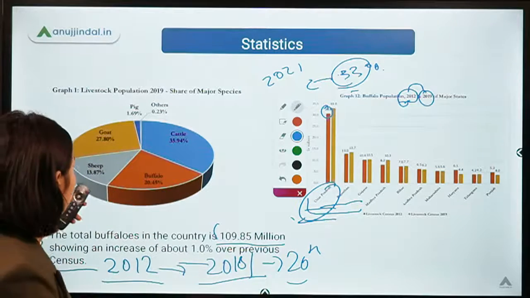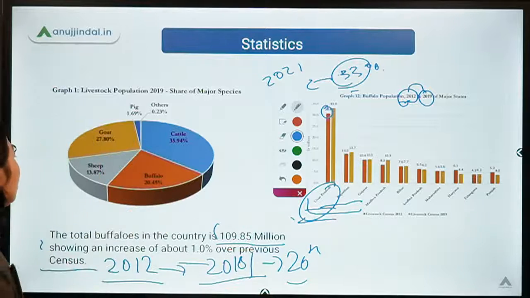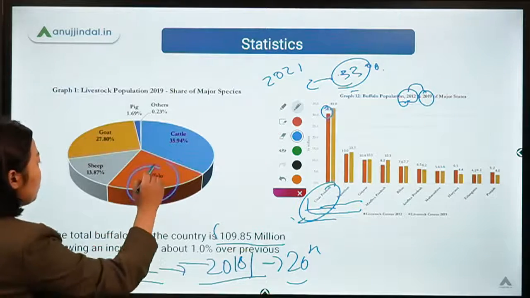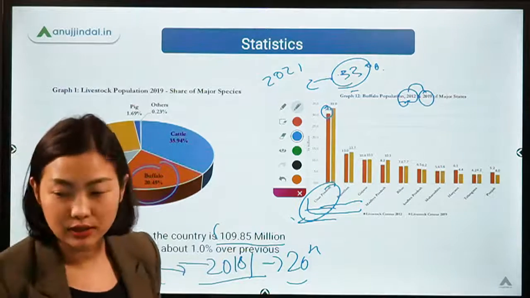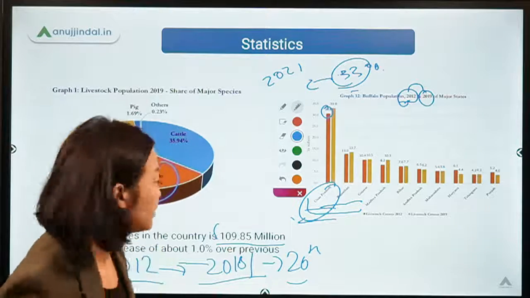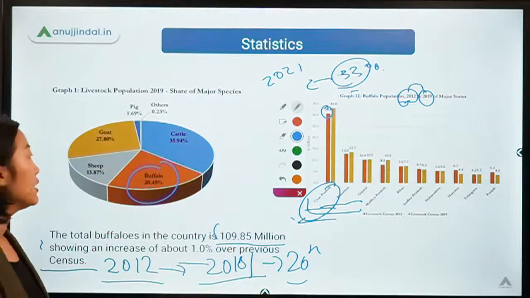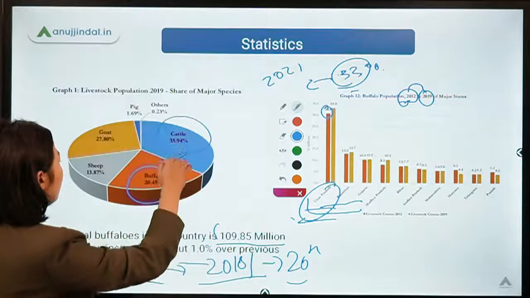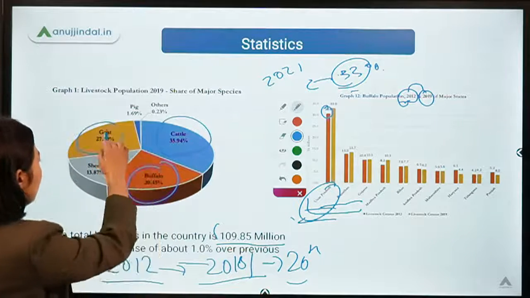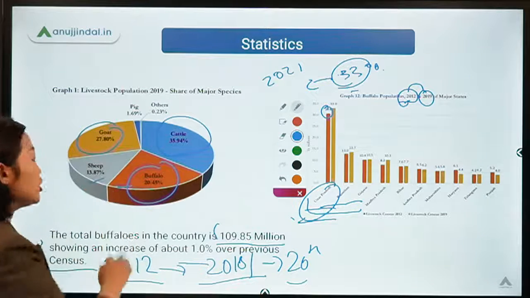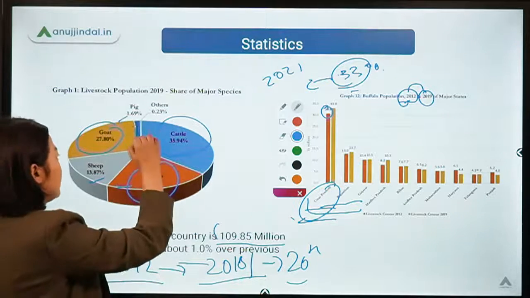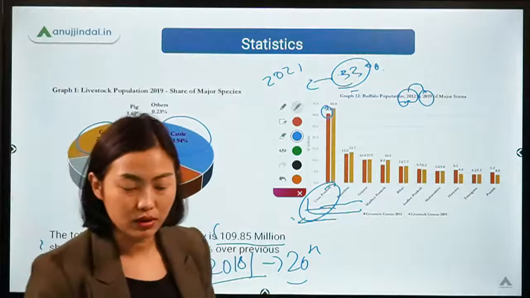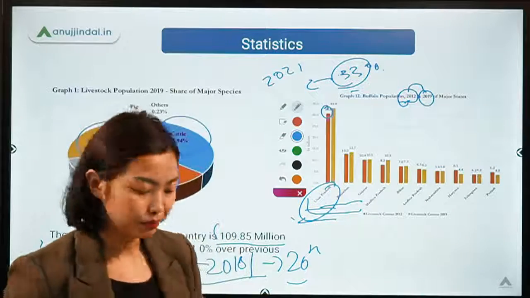Now if you're comparing the livestock of all these other animals with buffalo, buffalo would contribute around 20.45. Okay, let me know if the pictures are clear for you all or not, okay? And the highest you can see was in the cattle, okay? The second highest was the goat, and then comes buffalo, and then comes sheep and pigs and others, okay? Which will include your poultry or other animals, all right?